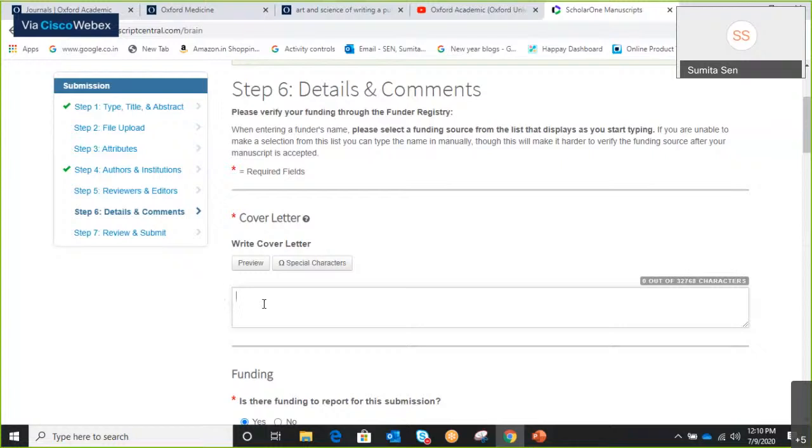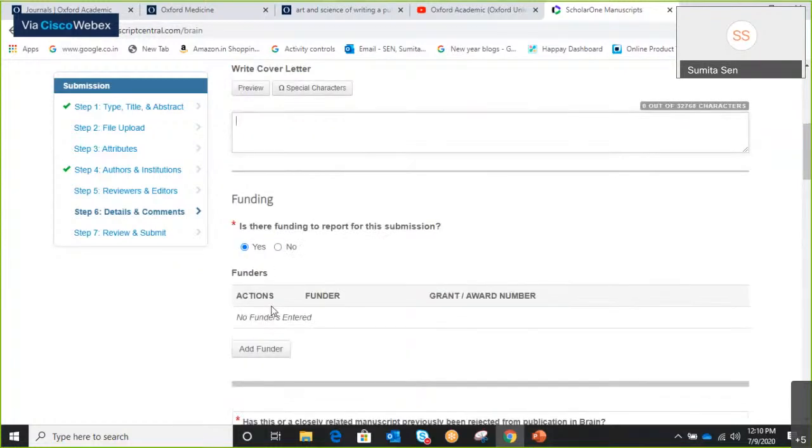No short forms. When I see, in this text world, I see people using "see you later" with a C as in the letter C for Charlie. Please write the full spelling. It just raises doubts about your education when you use short forms. So make sure you write a good cover letter. Very, very important. Is there a funding? If somebody's funding it, yes. If no one's funding it, no.